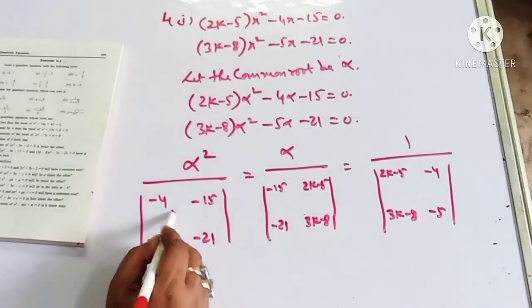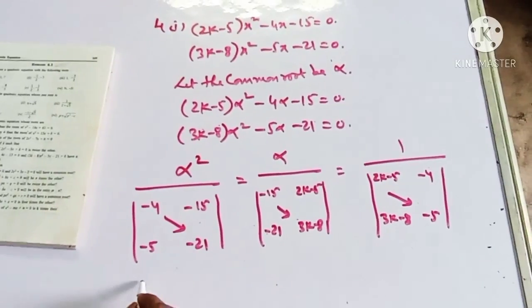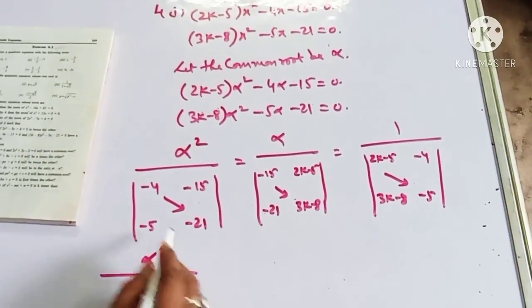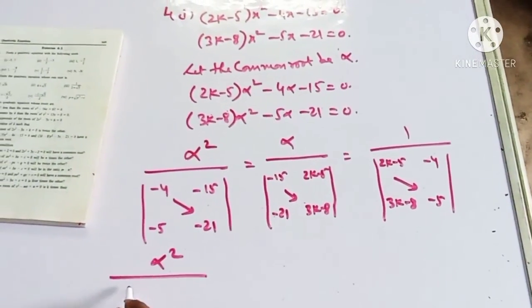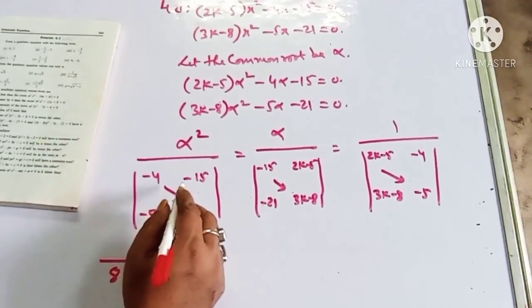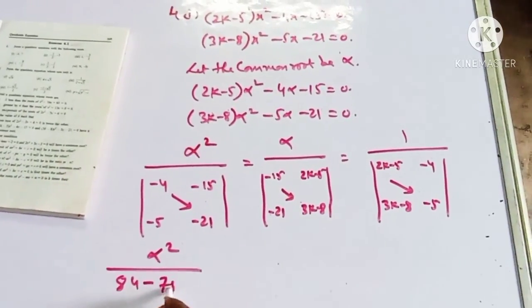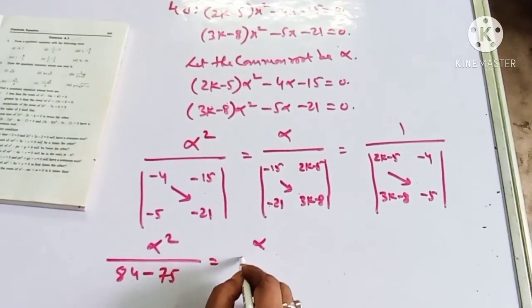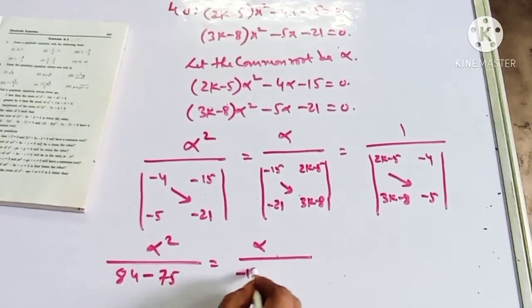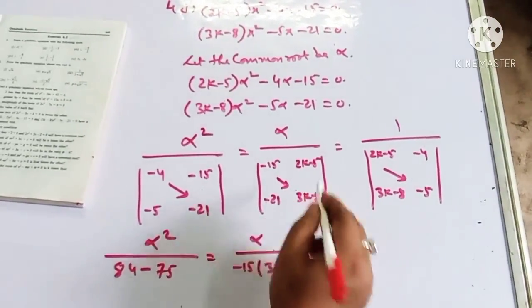Now here you see what I am going to do. This into this means alpha square minus, plus. 4 1s are 4, 4 2s are 8, 84, and minus into minus plus, so 5 5s are 25, 5 3s are 75. This is equal to alpha minus 15 into 3k minus 8,